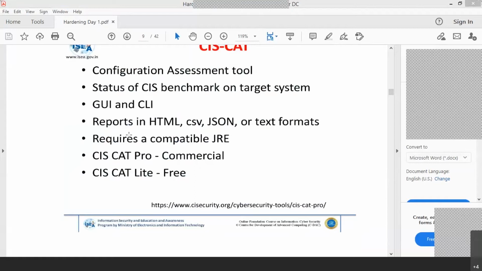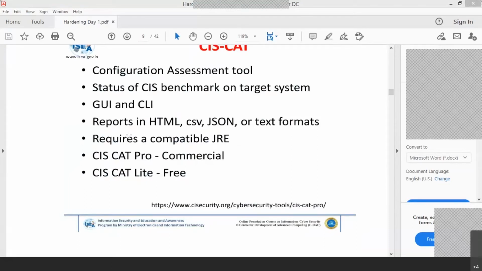Coming to the next point, the variants are of two types. The one you are downloading is a free tool. There is a commercial tool, Syscat Pro, Pro meaning the professional tool. The basic difference between this version 3 and version 4 is that the free version supports only Windows 10 in the case of Windows, and in the case of Linux only Ubuntu 18.04 will work, but in the commercial version everything will work.